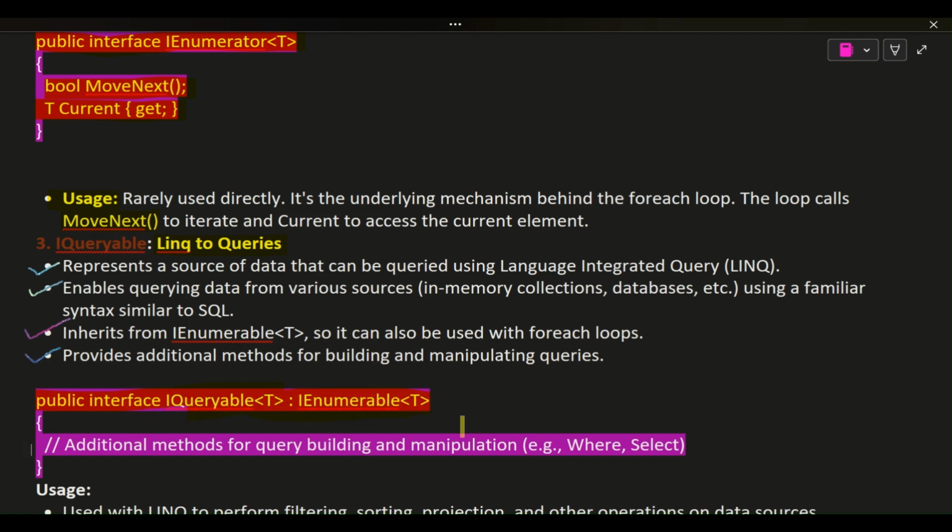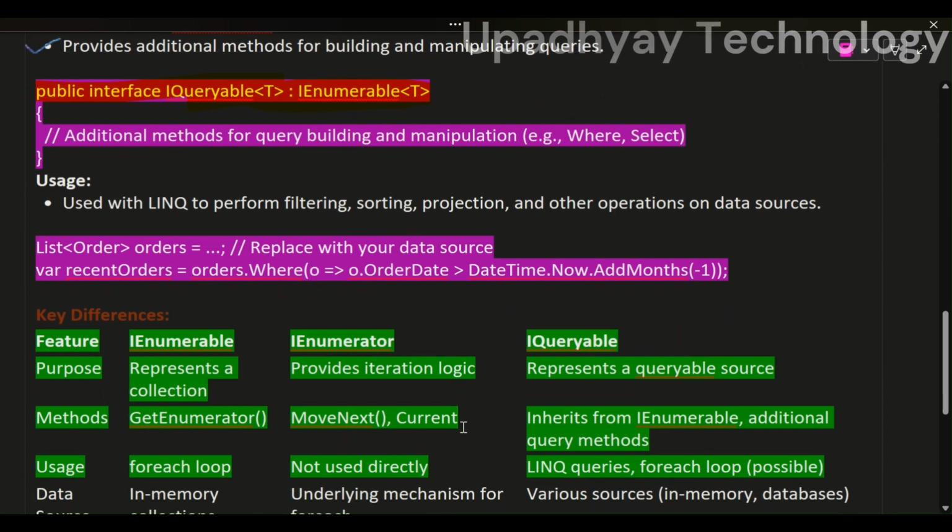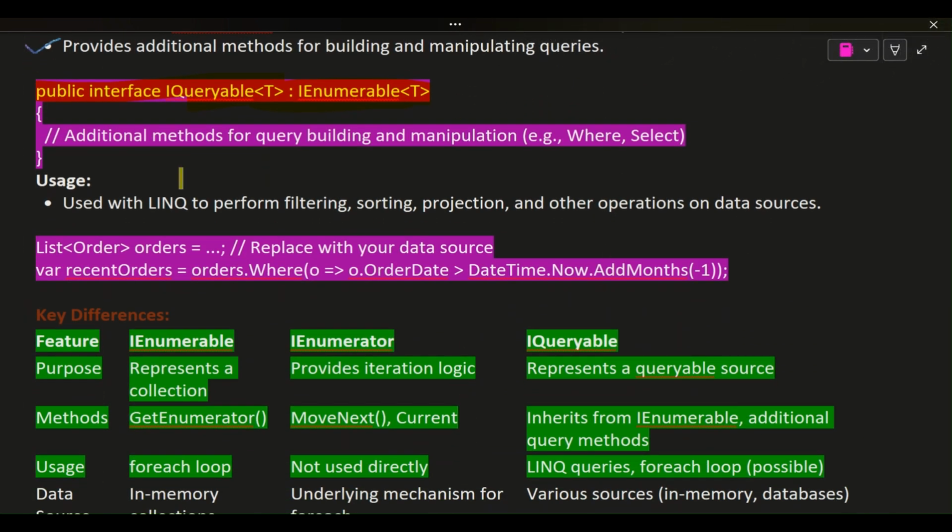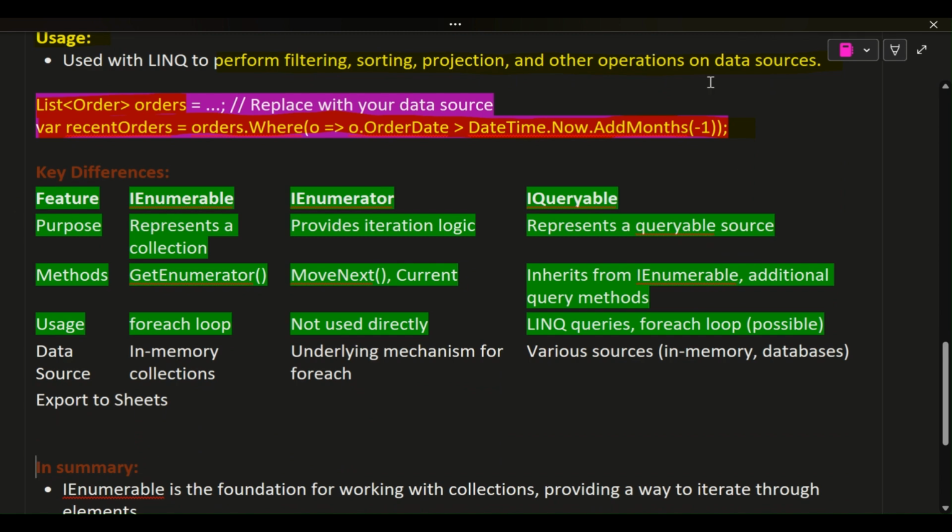public interface IQueryable<T> : IEnumerable<T> { // additional methods for query building and manipulation, e.g., Where, Select } Usage: used with LINQ to perform filtering, sorting, projection, and other operations on data sources. List<Order> orders = ...; // replace with your data source. var recentOrders = orders.Where(o => o.OrderDate > DateTime.Now.AddMonths(-1));